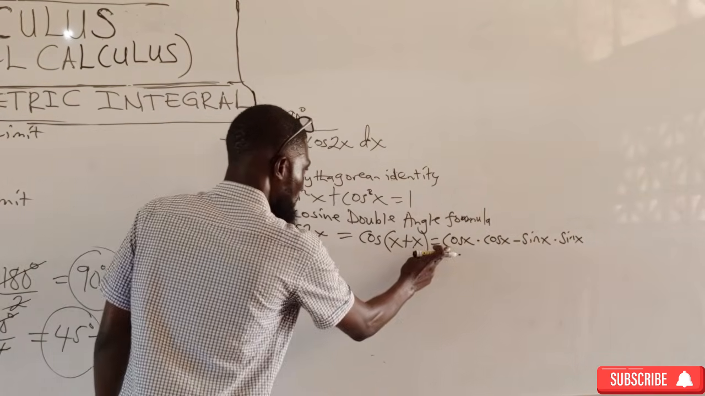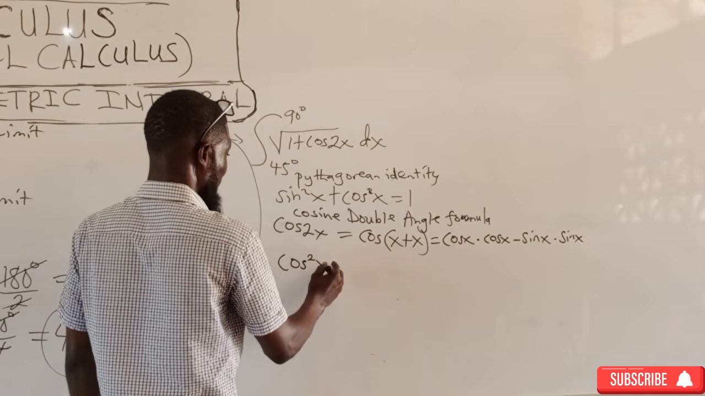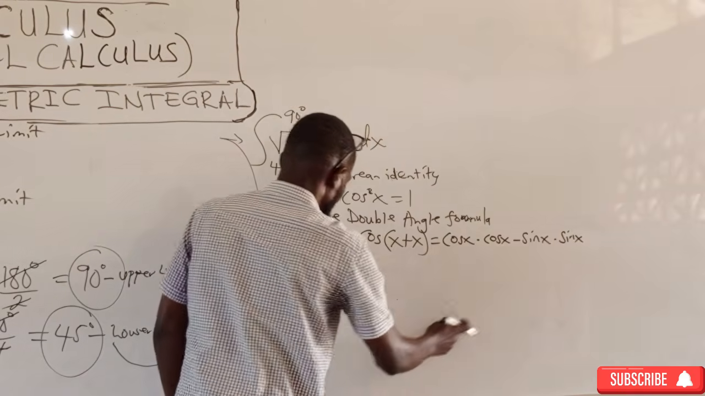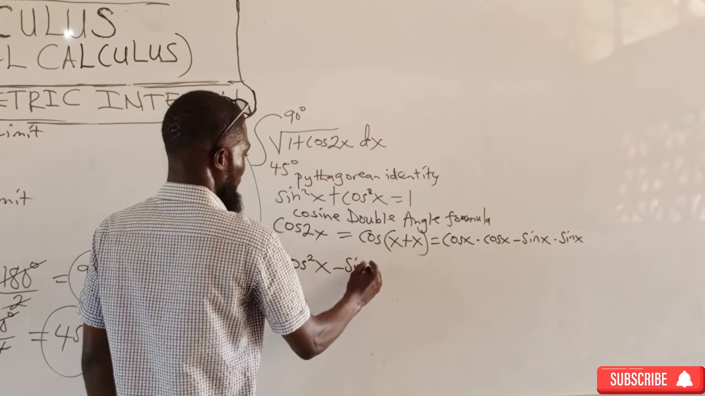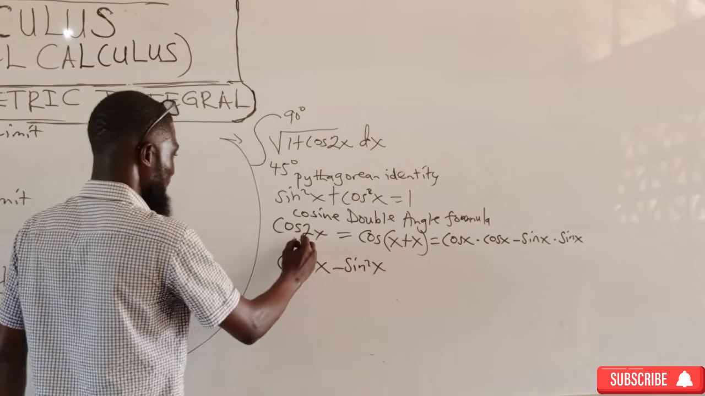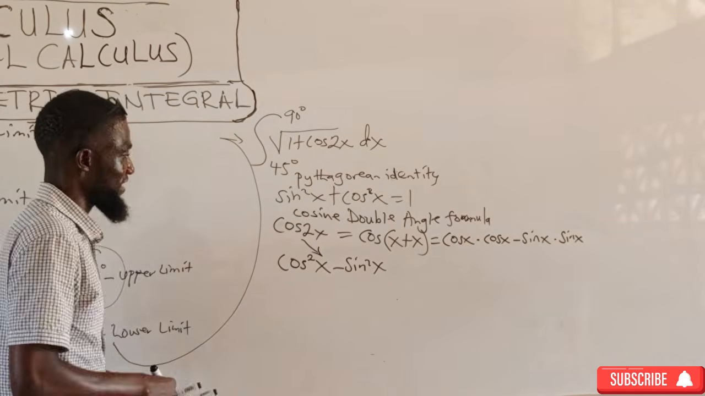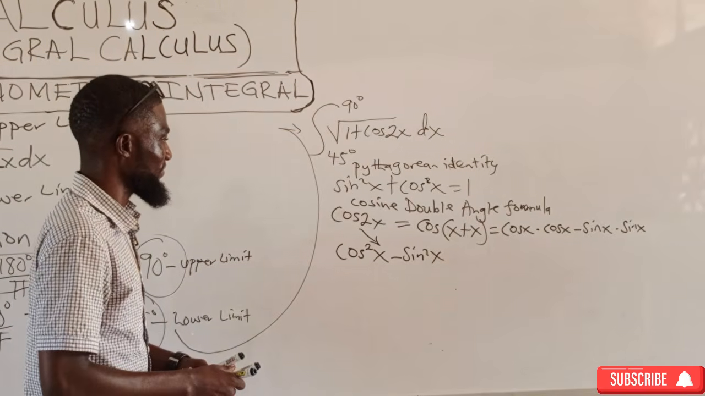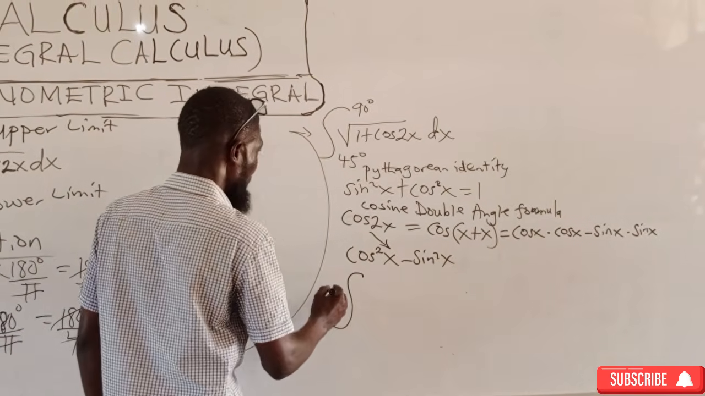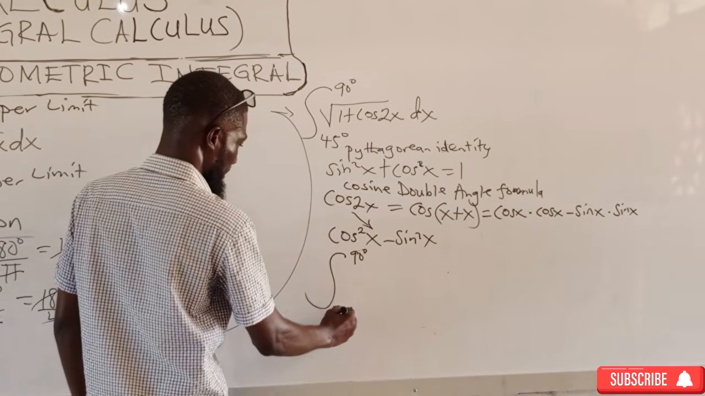What I have here, cos x times cos x will give us cos square x, minus sin x times sin x will also give us sin square x, ladies and gentlemen. So we'll be using this to represent cos 2x in order to solve our problem. However, we see the integral from 90 degrees to 45 degrees